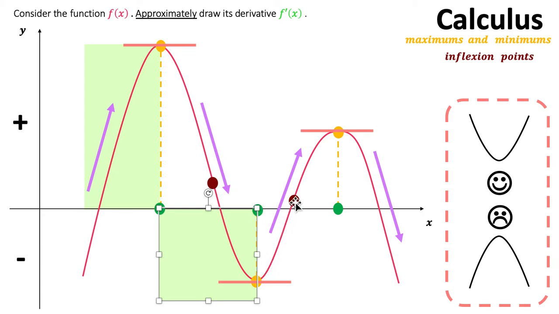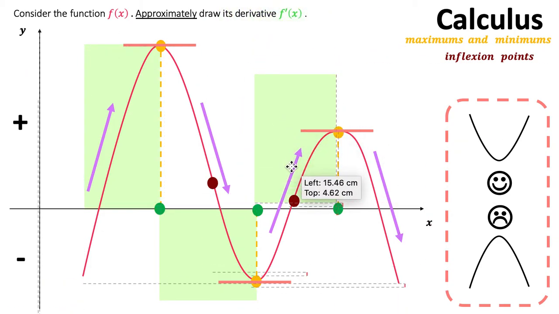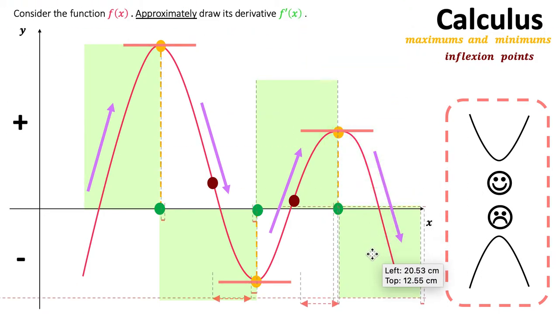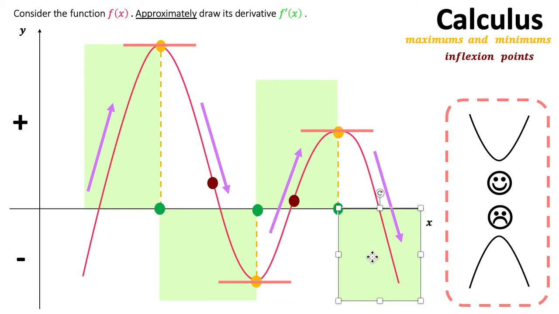And then if we consider the area here, so between these two x values, our function is also increasing. So it's going to be positive again. So we're going to find it within this region, approximately. And then finally, from here up until the end, we notice the function is decreasing, so our derivative will be negative. And so we'll find it within this region. So these are very useful actually to already have quite a good guess of what the derivative is going to